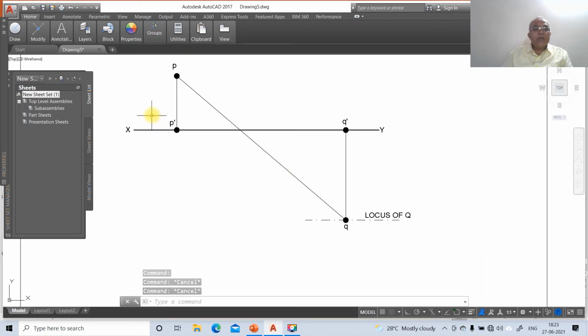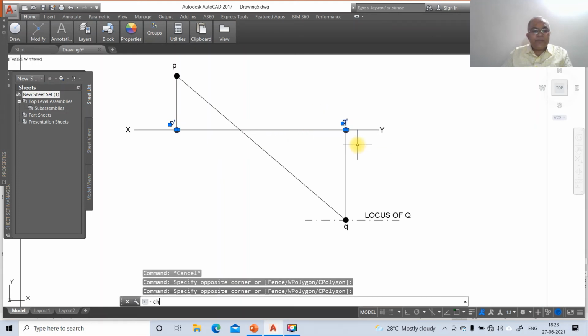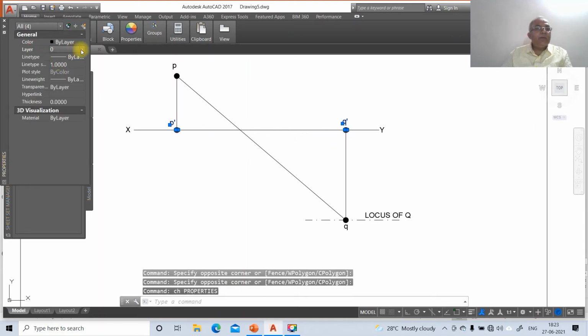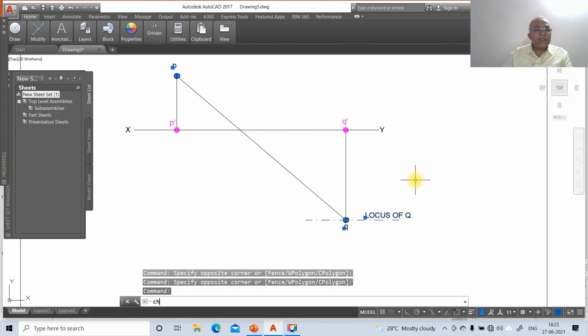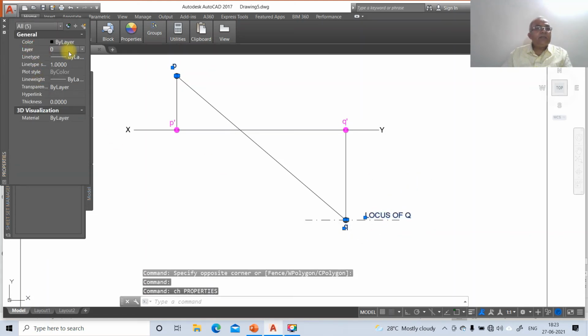Now we need to change these things. This is the front view. Go to layer, make this front view, and select this and this, also select this. Go to CH, go to layer, make this layer top view.